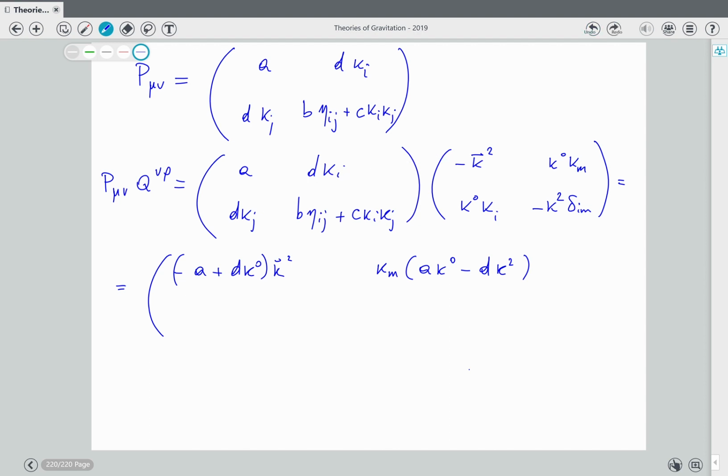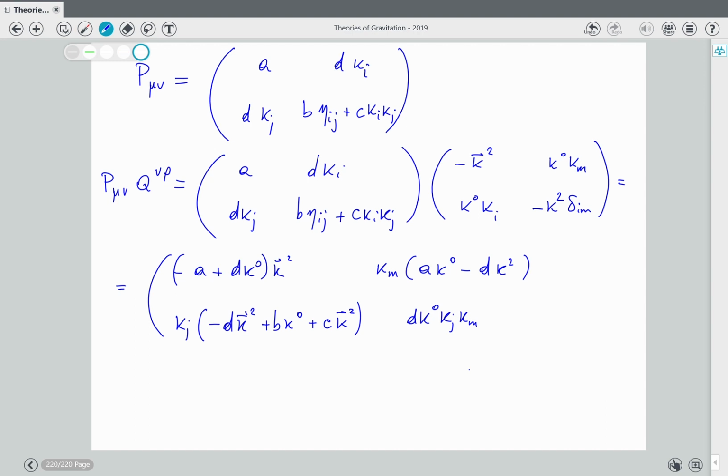You will be able to collect a kj minus d k squared plus bk0 plus c k squared. The last one, you will be able to collect, well, nothing actually now, because it's d k0 kj